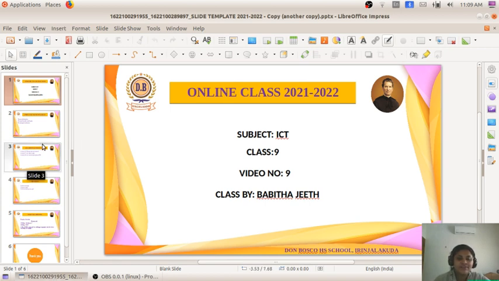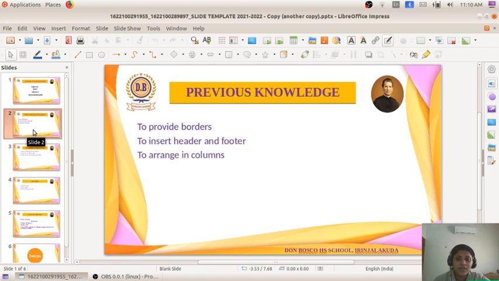So we will recall the important topics which we discussed in the last class. We have started our second chapter already, and we know how to provide borders for the page, how to insert header and footer, and how to arrange text in columns.